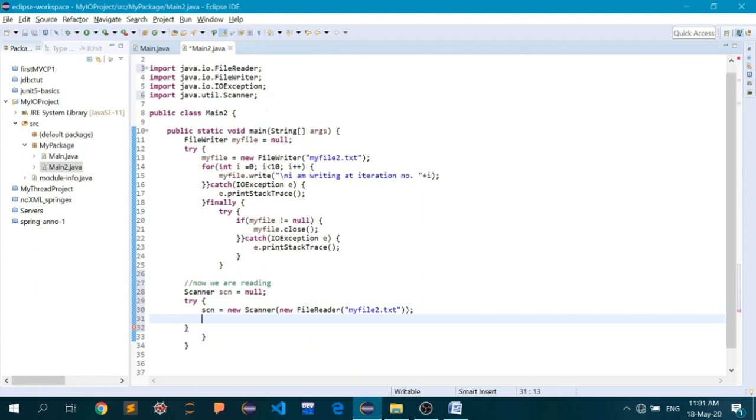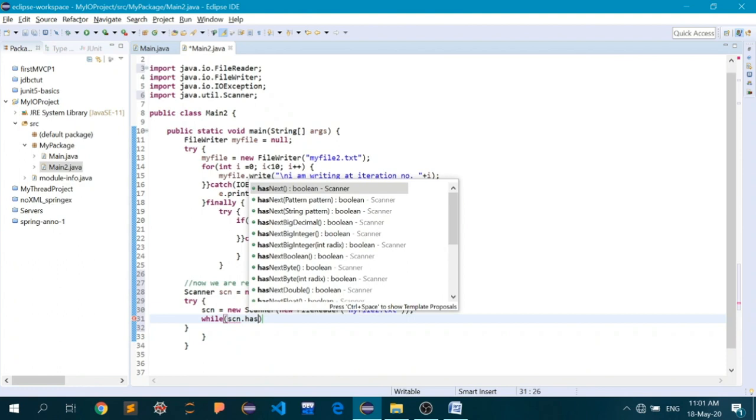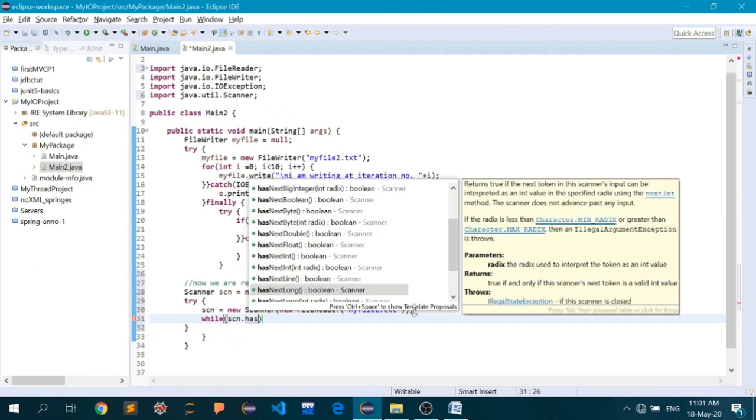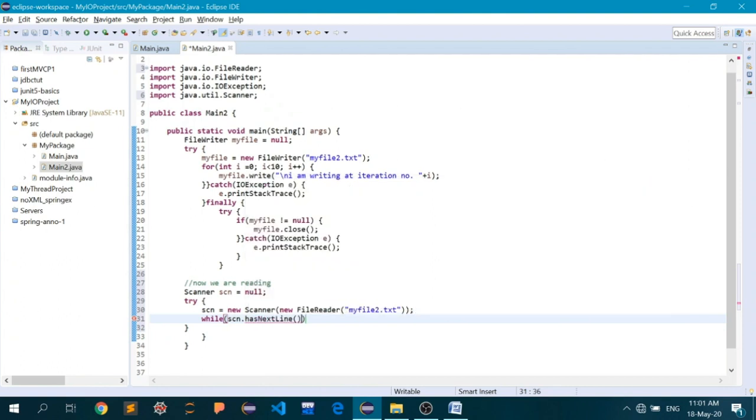Okay, now again we'll try to read something while, and there's a method in the scanner class, hasNextLine. What it will do is try to scan the file until there is a next line available, and this method provides you with a boolean return value, that is true or false, and it